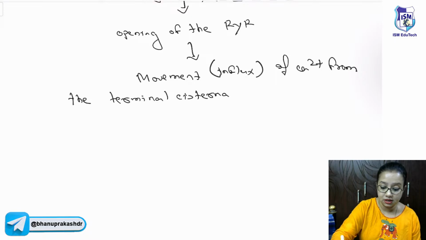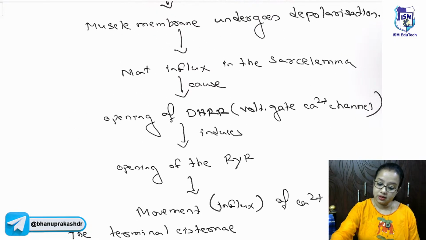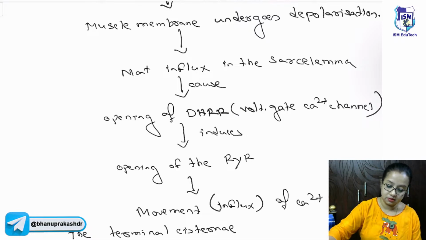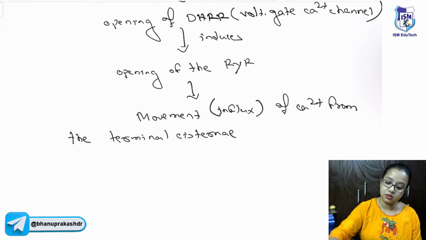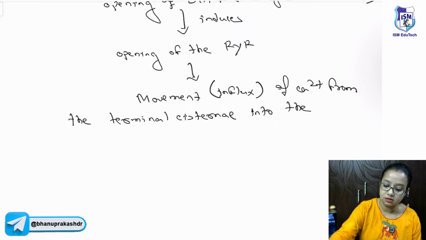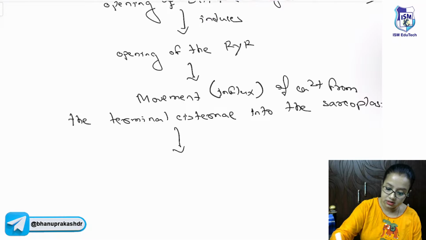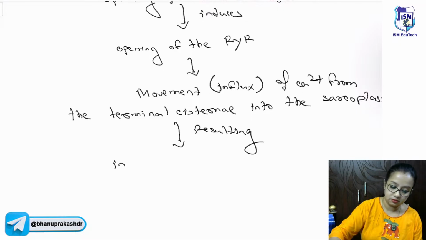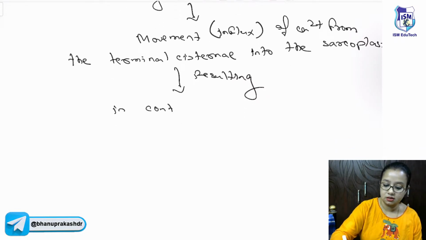Terminal cisternae, like we have mentioned, see here, this dihydropyridine and ryanodine receptor are present in the T tubule and the L tubule respectively, right? So the role of the triad is here. This is the role of the triad. A movement or influx of the calcium from the terminal cisternae into the sarcoplasm happens, resulting in contraction of,